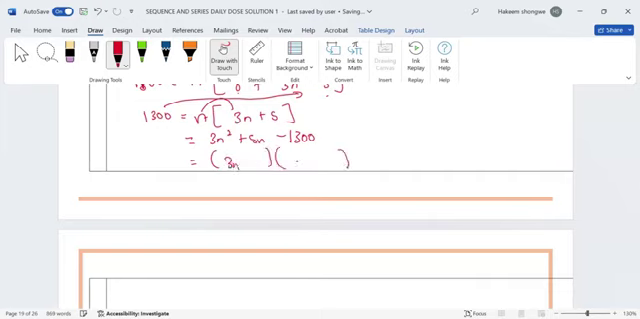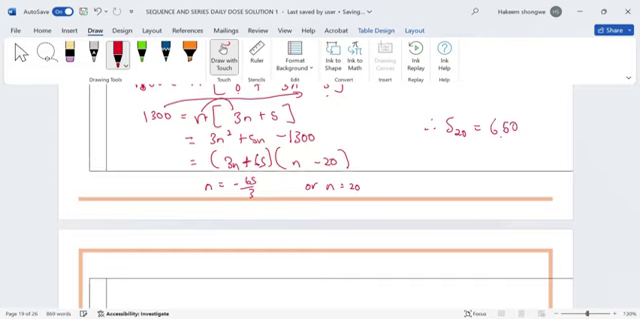So we have 3n. We have n. What are the factors that will give us minus 1,300? Minus 20 this side, and this one plus 65. So this one is plus. And then we get n is going to be equal to minus 65 all over 3, and n is going to be equal to 20. Therefore, S20 is the one which is going to be equal to